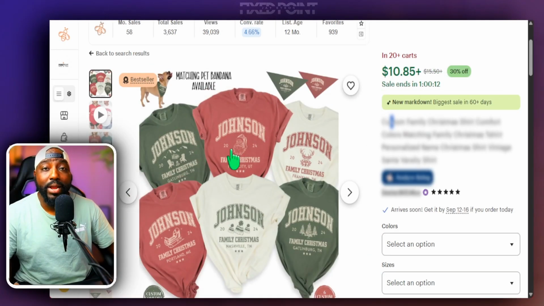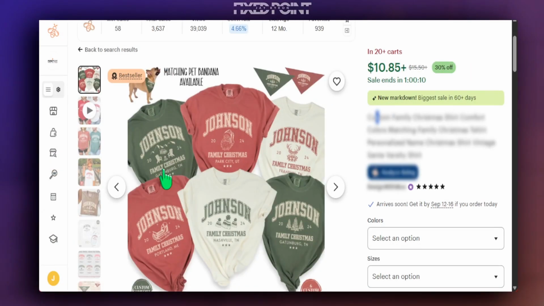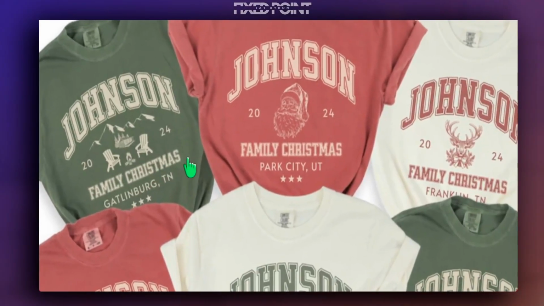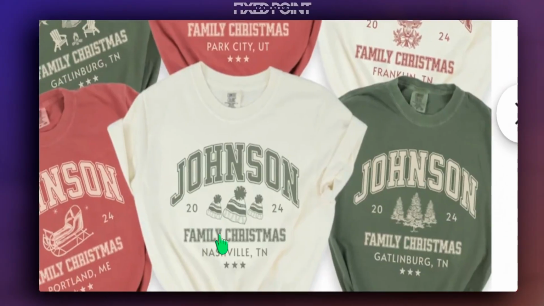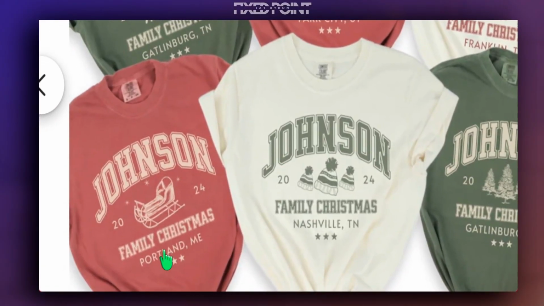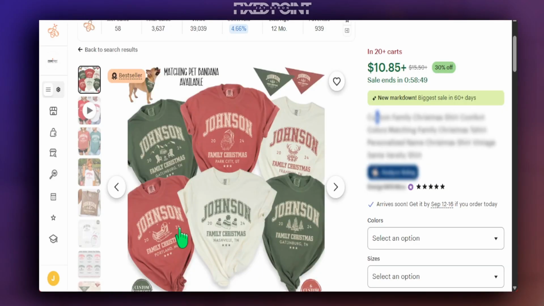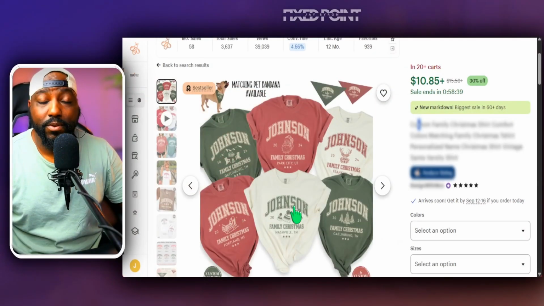And this here is just bringing in the family's name, but bringing in different types of design elements in the middle, obviously bringing in the year and the location they are having their family event. So this can definitely be a product we can create and even bring in a different unique style with our design. But as you can see, the designs really don't have to be too fancy in regards to how